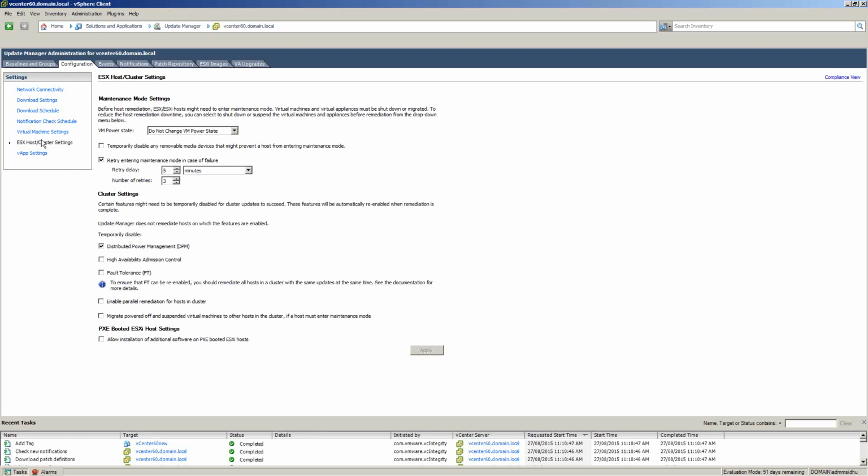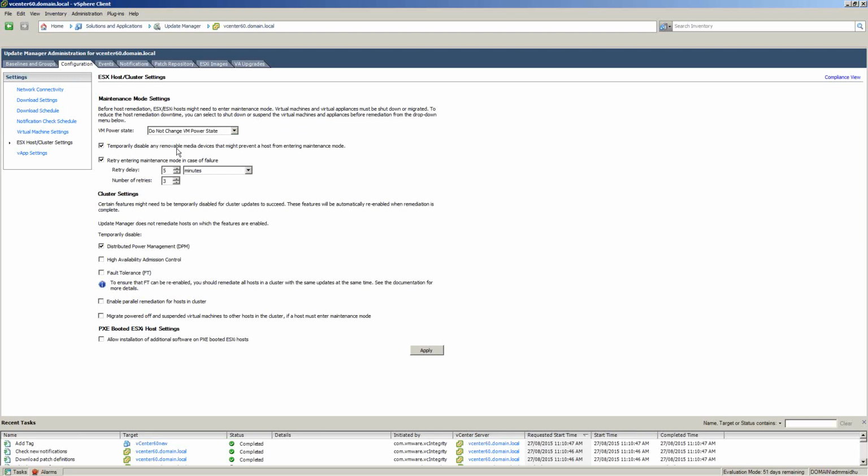This is the bulk of the settings. So the first one is the VM power state. When you want to upgrade your hosts, VUM will get DRS or vMotion to move your running VMs or powered off VMs to other hosts in the cluster. So if you don't want to change the power state, or you don't want any downtime for your VMs, that's what you choose. So you do not change your power state. You can also power off your VMs. You can suspend your VMs, and that's the default option. Again, for your VCP, stuff like this, any of these settings are fair game for the test.